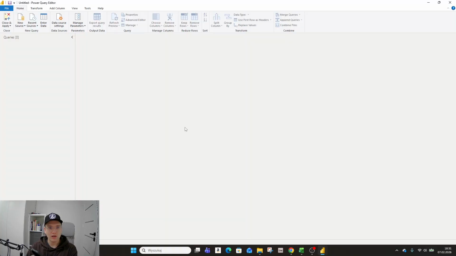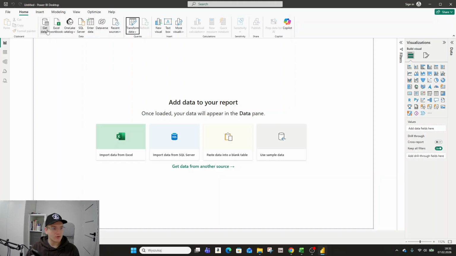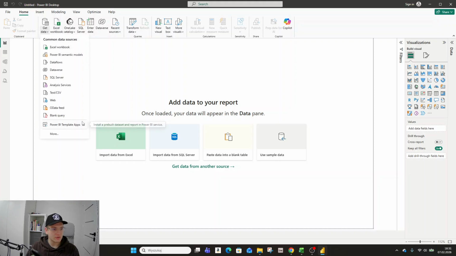When you have one file imported into Power BI and you want to append another one to it because it's the same format but data from a different time period, for example, then you can use append queries. But if you are importing at first to Power BI